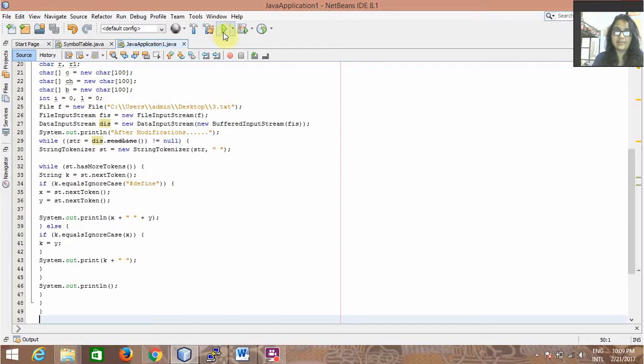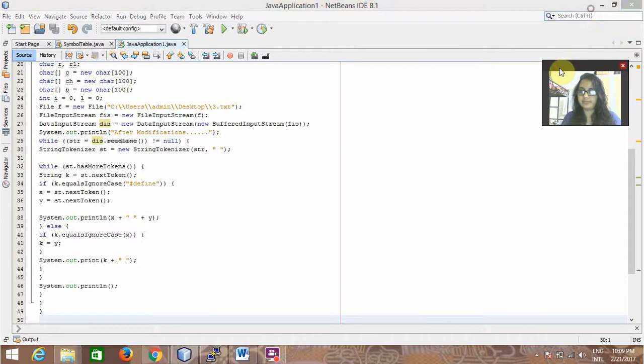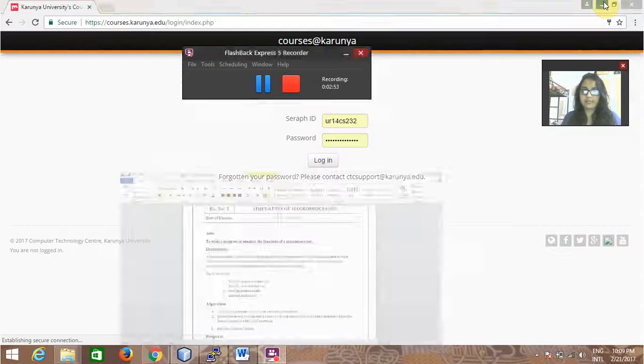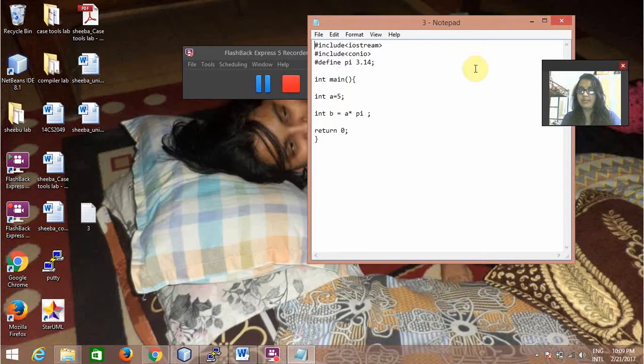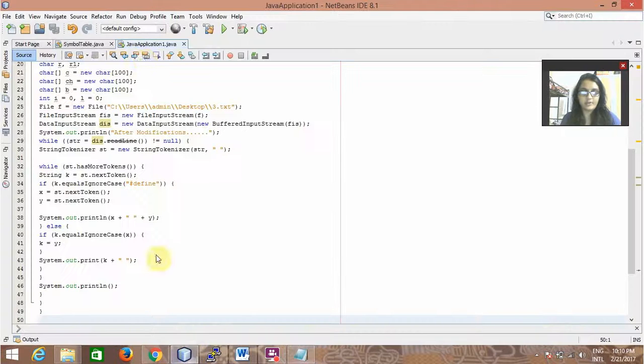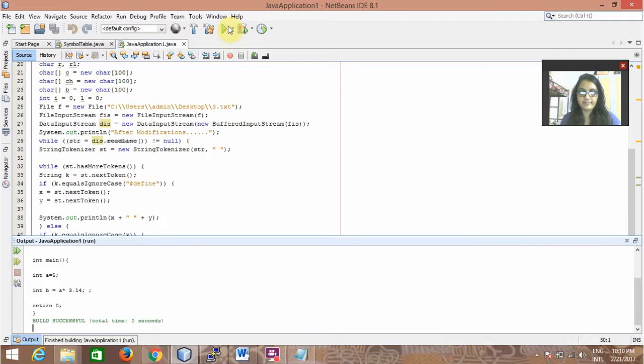Now when we run this program, I'll show the input first. This is the input for my program: include iostream, conio, define pi 3.14, int main, int a equal to 5, int b equal to a into pi, return 0. Now my output for this code will be